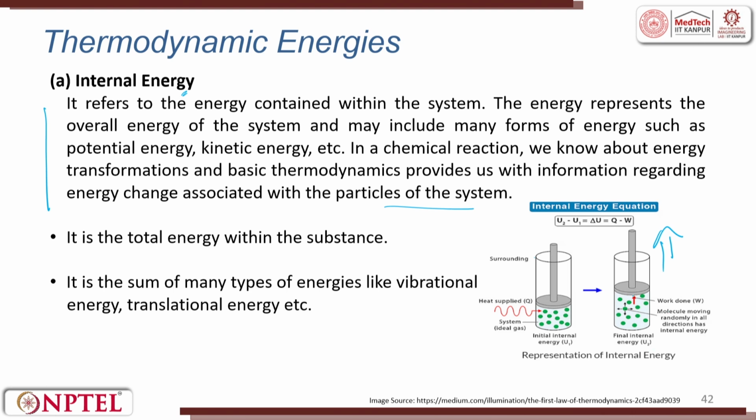So, W is the work done which is trying to push the piston up. So, what is the work done? The difference, the final minus initial, is the difference in internal energy, which is nothing but Q minus the work done. So, the work done is W. When you heat it, the molecules move randomly in every direction, which is internal energy. They move left and right, up and down, and then slowly the piston is pushed upward.